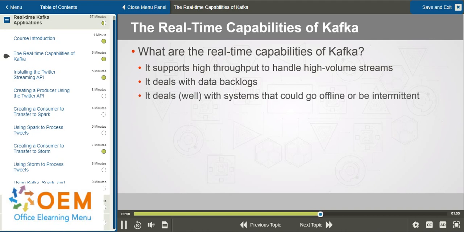So this means that Kafka is actually great for dealing with offline and intermittent systems, along with systems that are always online. Kafka also has a really low latency. It's designed